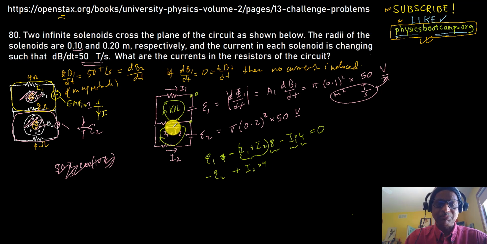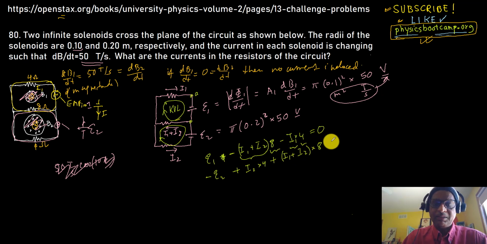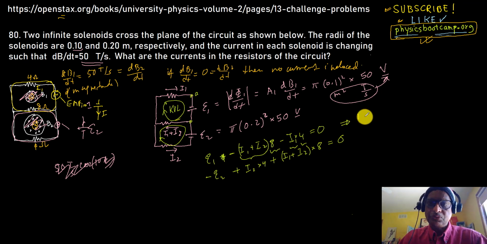Current is going this way, but the green thing, the KVL loop, is going the opposite direction, so I'm going to be plus I1 plus I2 times 8, equal to 0. So this is 12 I1 minus 8 I2 equals E1, and this is